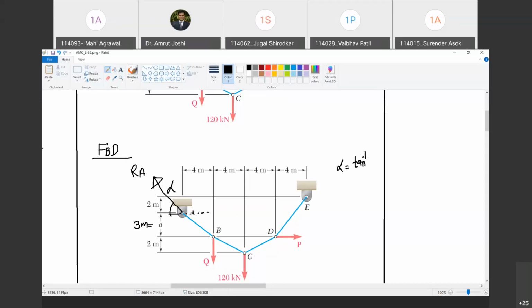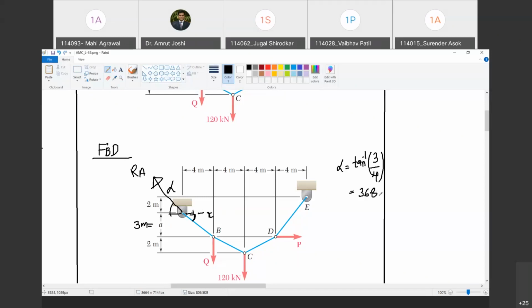See, if I complete this triangle, right angle triangle, this also is alpha. Happy? Yes, sir. If this is alpha, it will be tan inverse of this distance divided by this distance. But what is this distance? It is given as 3 here in the problem. So will it be tan inverse of 3 by 4? Yes, sir. So tell me what is tan inverse of 3 by 4? 36.86. So this is 36.86 degree.